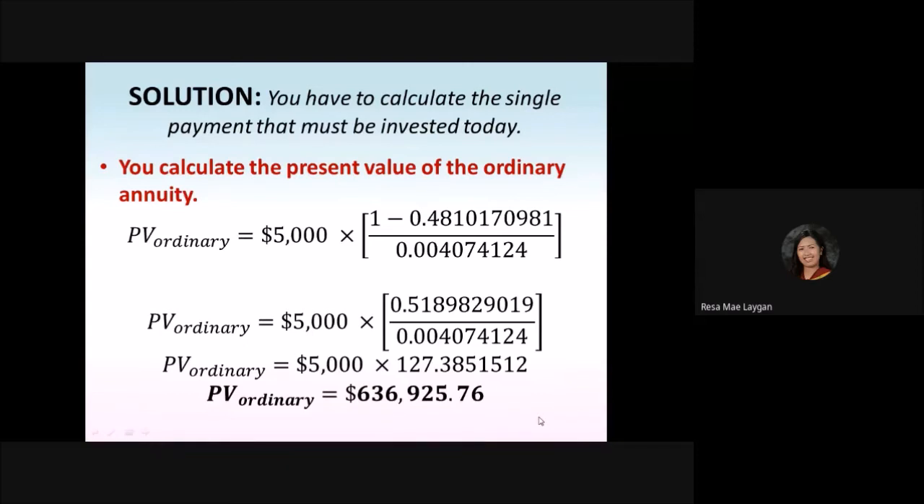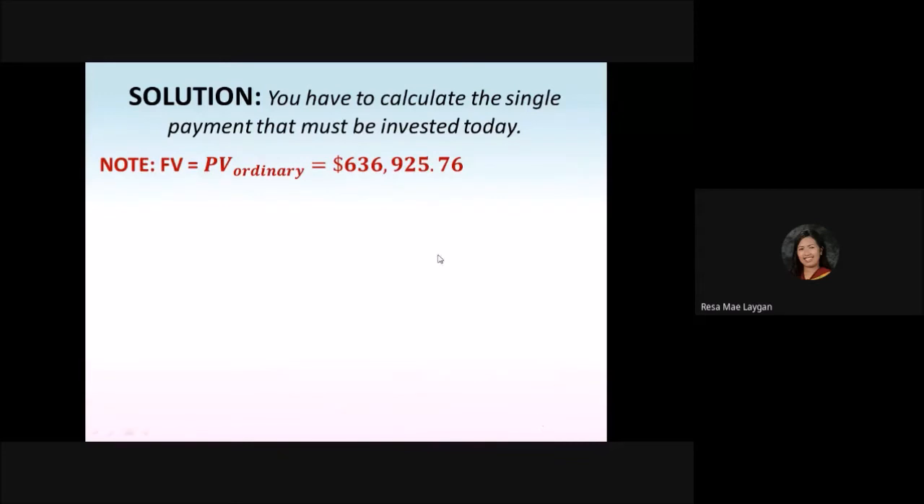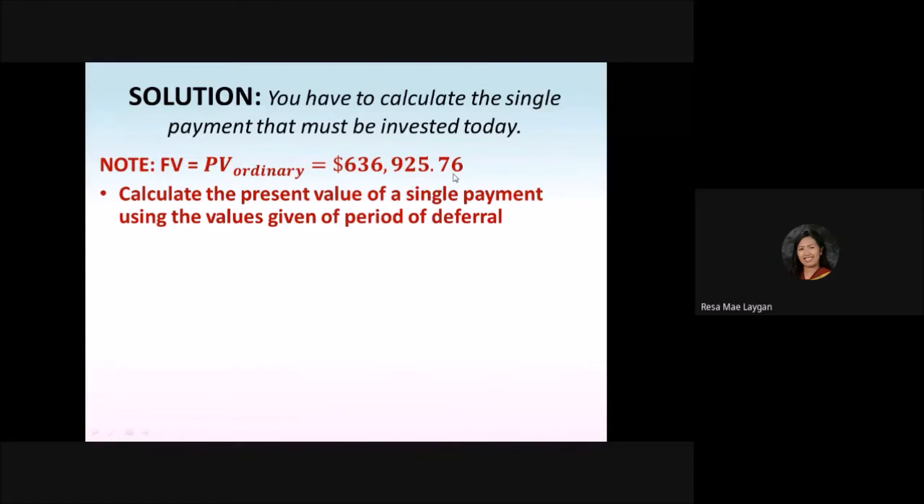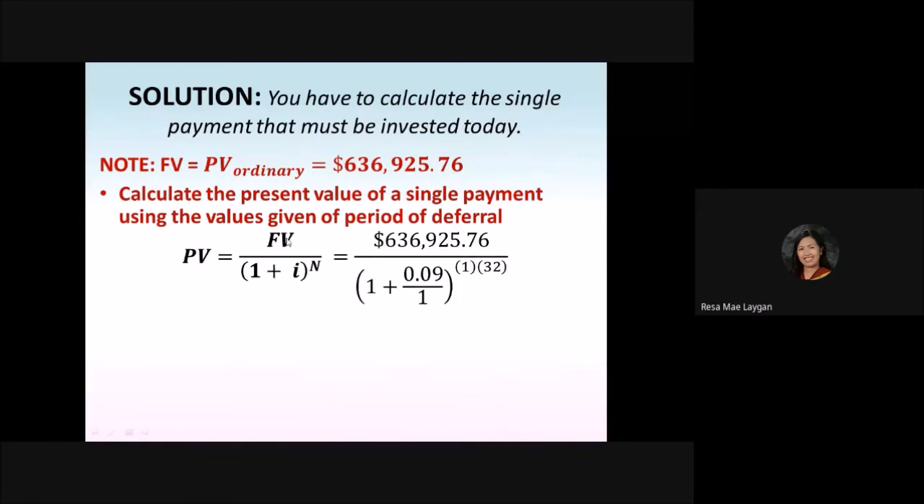So now, let's calculate the present value of single payment using the given values of the period of deferral and the discounting formula. So you have to take note that in the given, the future value under the period of deferral is equivalent to the present value of the ordinary annuity. And we already get that value. So we have to calculate the present value of a single payment using the values given of the period of deferral. So using the discounting formula, you have this,